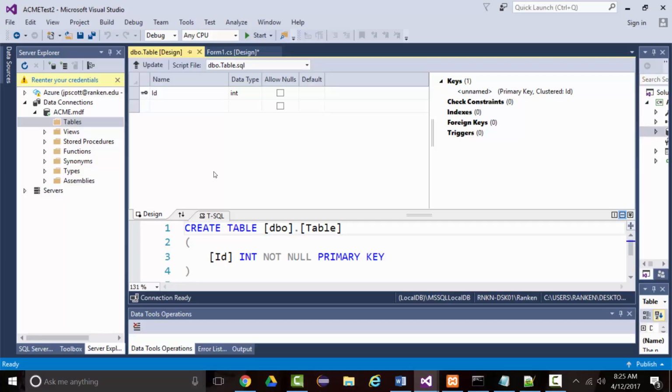Now, you'll notice if you look up here that right now we actually have a field in here. The field is called ID. The recommendation from Microsoft is that you don't change that field name. We actually are going to change it in just a minute, but we don't have to change it if we don't want to. Now, if you look on the handouts that I gave you, and everybody should have the handout,